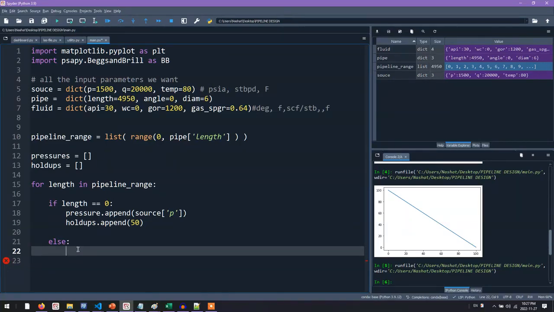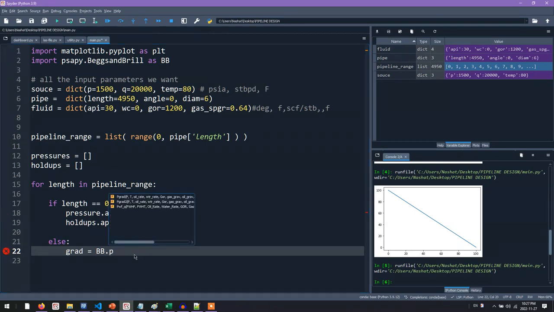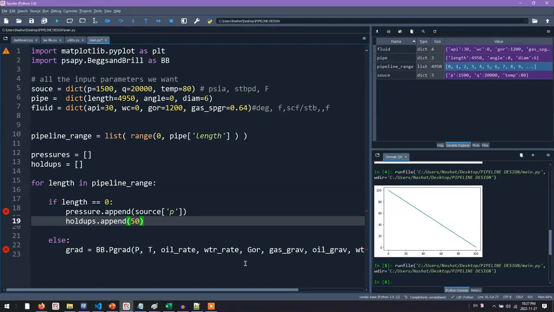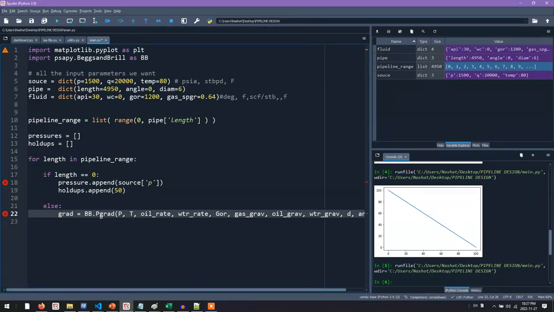Let's create a gradient. Gradient equals to Biggs and Brill we just used, dot pgrad, meaning that we want to calculate the pressure gradient. And by the way, it populated all this information, so we need to fill everything. So the pressure. Actually, this is one of the trickiest things we need to specify. But before we do anything, we'll go ahead and fill out all the rest of the information,